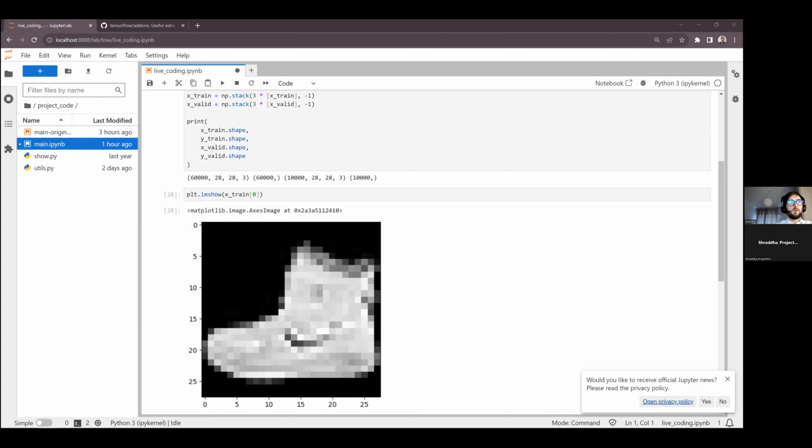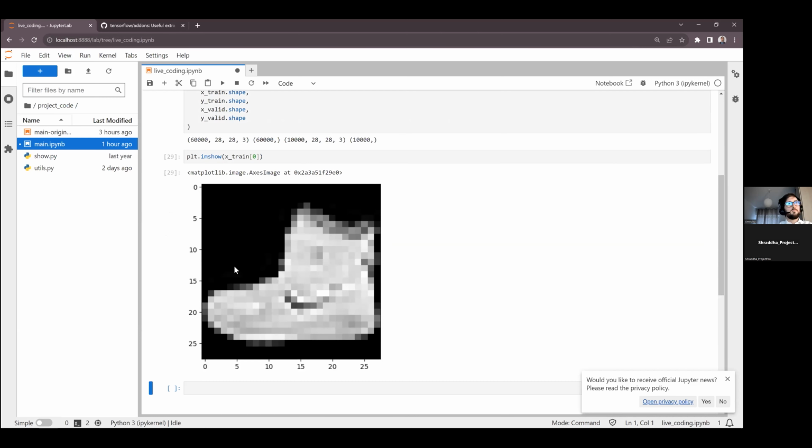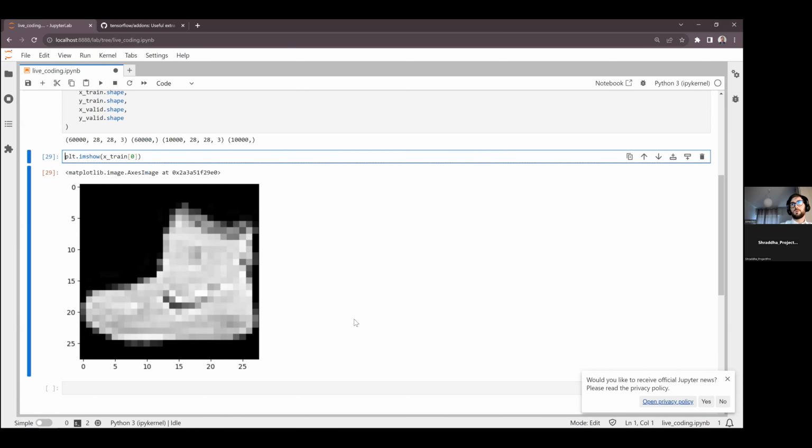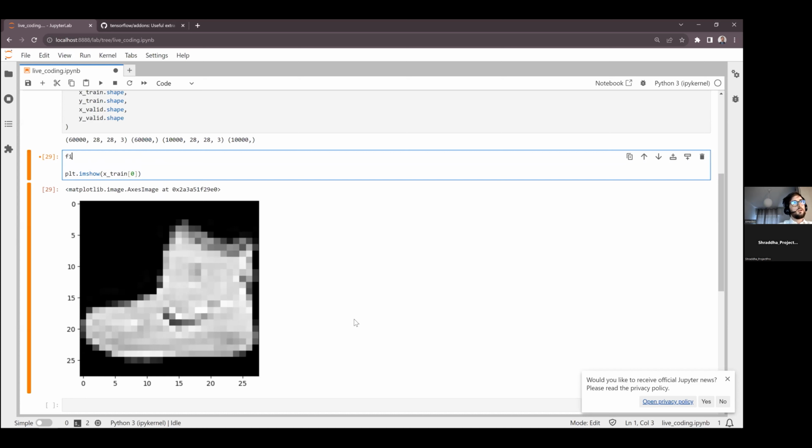Okay, now we have our images. This is just one. Maybe we want to plot more than one to look through them. So maybe I can plot a matrix of images. Maybe let's say 5 by 5.